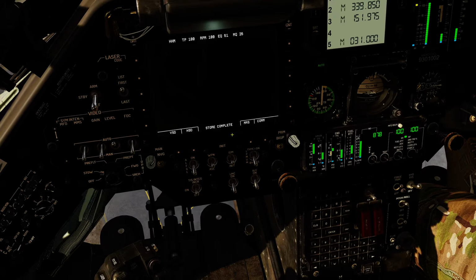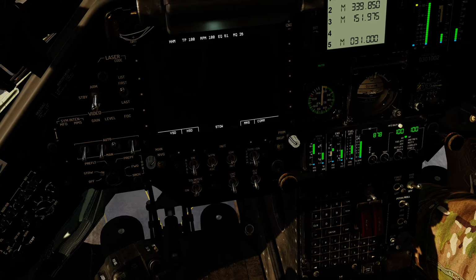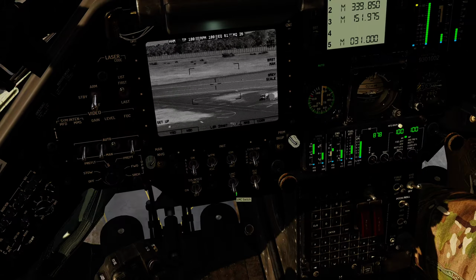The MMS at this point has actually been powered, but the thermal imaging sensor is not ready for use because it has to be cooled to actually work correctly. We could then pop the system into pre-flight, and in pre-flight mode we'll actually get video, although we can't slew or anything like that, and it has two modes set up